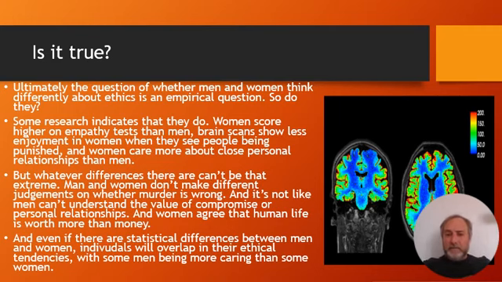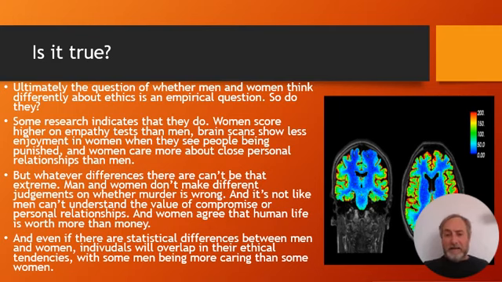Because men and women don't make, for example, different judgments on whether murder is wrong, right? You ask men, hey, were the Nazis bad? Yes. Women, were the Nazis bad? People will typically say, yes, they were bad. There's broad agreement on moral issues. That's something we've been relying on throughout this class with all these thought experiments. When I give you a trolley problem, pull the lever to kill your mom or save five people, I assume everyone's going to have more or less the same response. Even though about half of you are women and half of you are men, we assume that men and women are largely similar in their moral judgment.